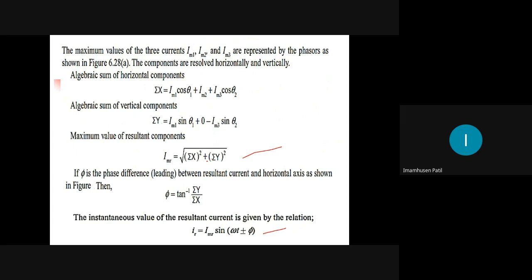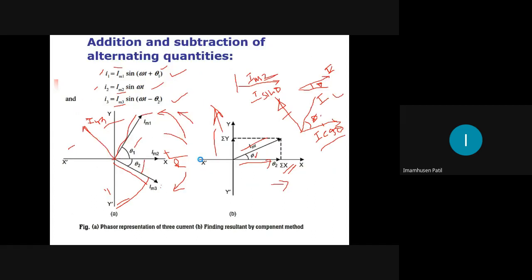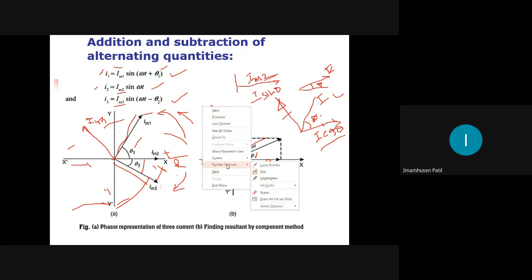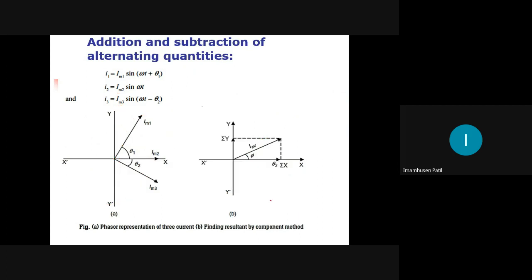Minus of minus, 180 degrees. You can see here, it is plus. If you shift this side, it becomes minus. Already minus is there, and if you shift this side 180 degrees, it becomes plus. Like that, you have to do the job. There is no separate rule for subtraction of phasors. For subtraction, you have to phase shift by 180 degrees and add. You follow the addition rules only.